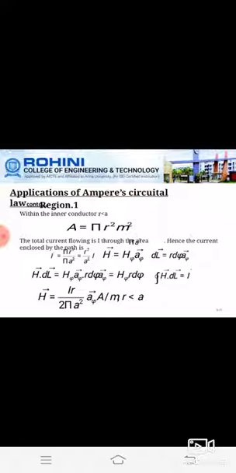Here we will be finding out the magnetic field intensity in the a phi direction. So H vector is equal to H phi into a phi. Then the differential component, we can write it as dl vector is equal to r dphi into a phi. Then we are applying Ampere's circuital law. So closed integral of H vector dot dl vector equals I enclosed. So from that we will be calculating that H vector is equal to I r divided by 2 pi a square into a phi. So this is for the first region.